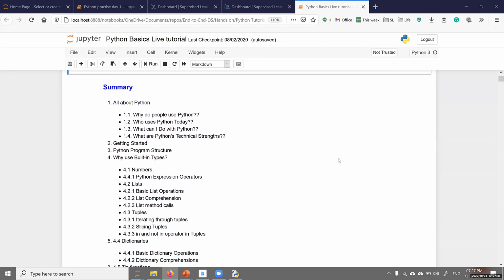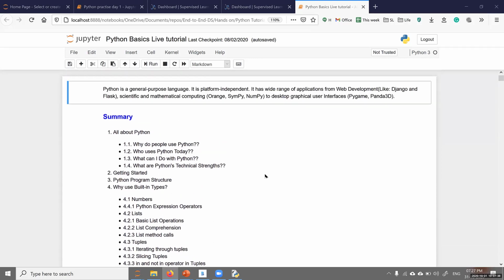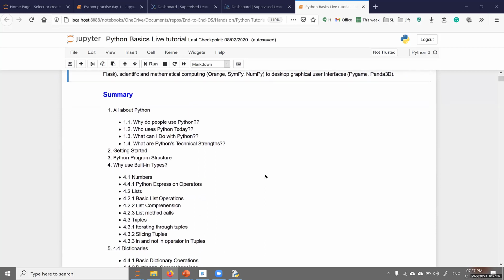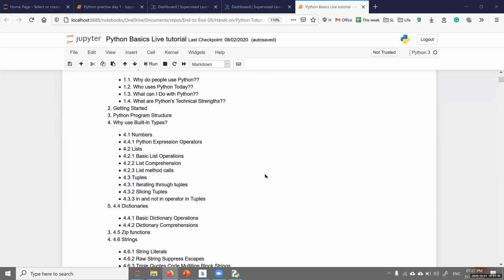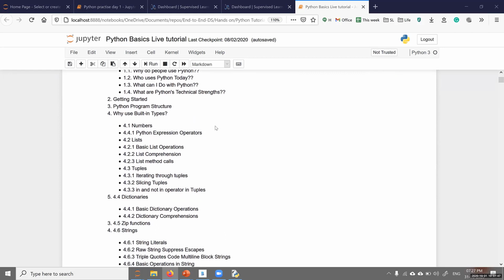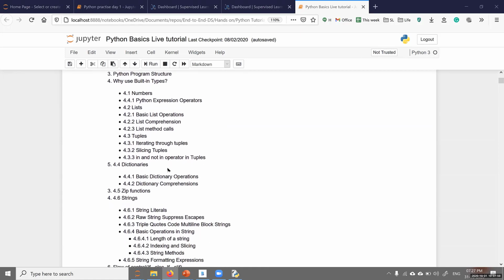So the first tutorial we'll have during hands-on is Python basics, right? We'll have a very brief discussion about Python, and then we'll talk about built-in types, numbers, operators. Then we go to lists, list operations, list comprehension, list methods. Briefly discuss tuples, but we will not go in depth into tuples.